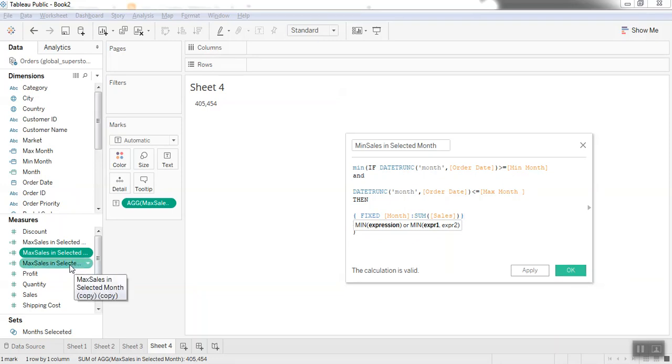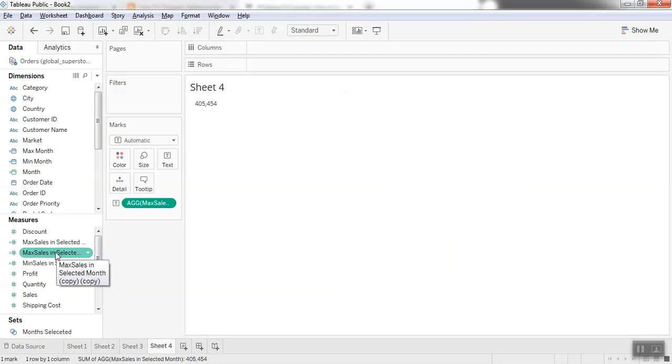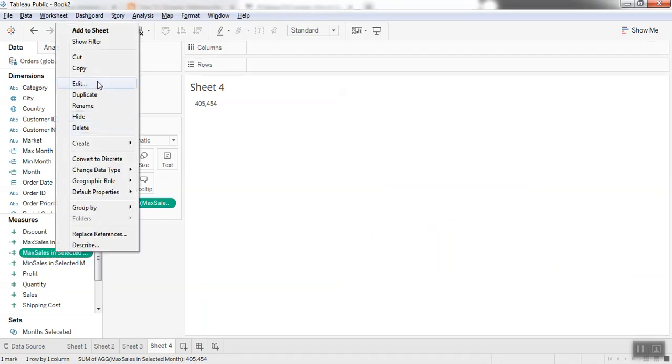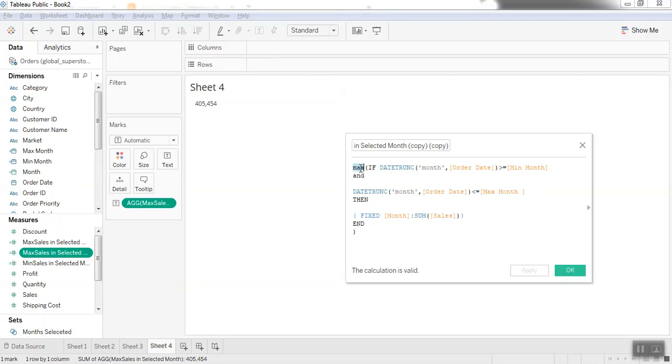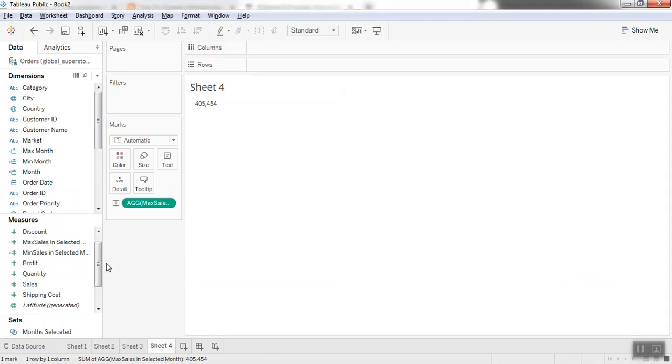Click on OK. Similarly, the other max field that I had duplicated, I'll go to edit, and instead of maximum, I'll do an average, and in the name of the field as well, I'll change it to average. Okay. So now you have three calculated fields, and your dynamic reference band as well.